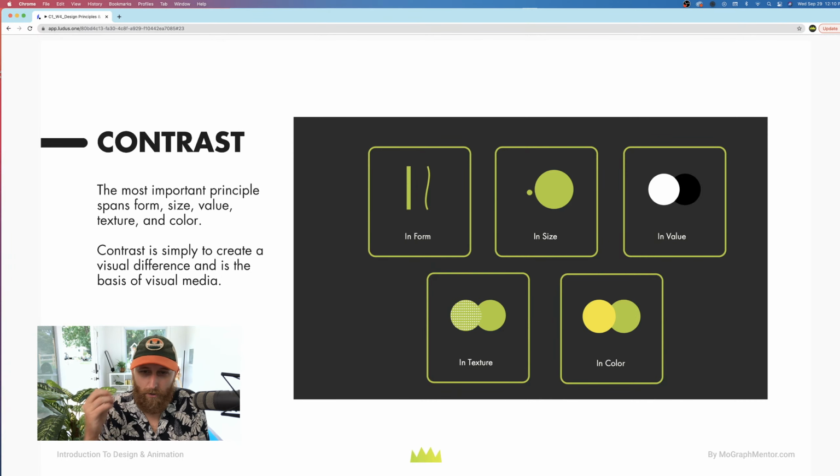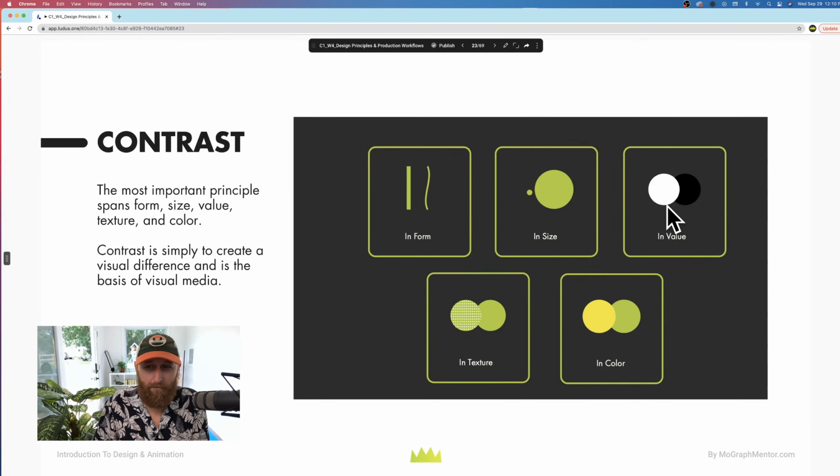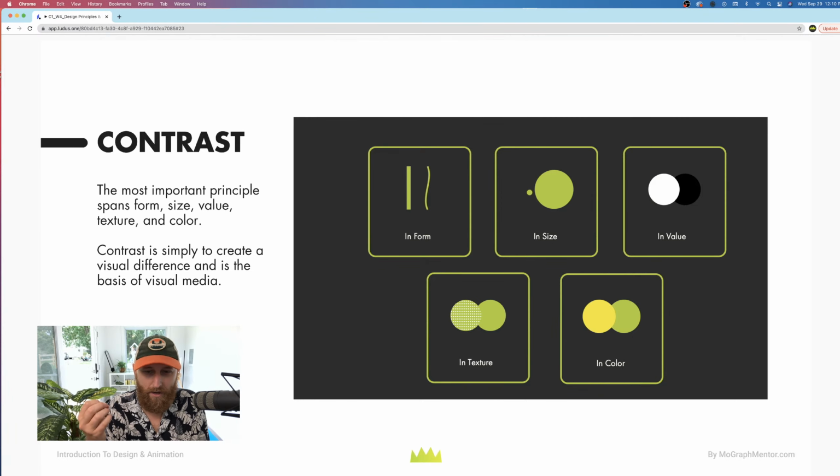But contrast doesn't just mean values, right? It certainly does mean values, but it can also mean forms. It can mean contrast in size, contrast in texture, things that are tactile against things that are not, contrast in color as well. So contrast simply means visual differences, and we're designing for other human beings, and the human eye has been said to be a contrast or edge detection device. And so eyeballs are looking for contrast, so it's probably the most fundamental design principle to start with,